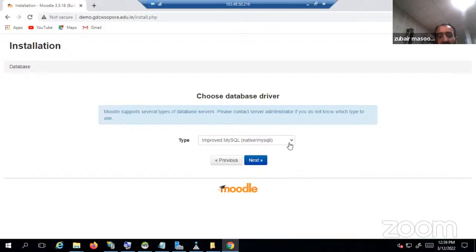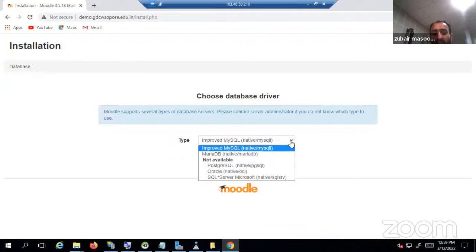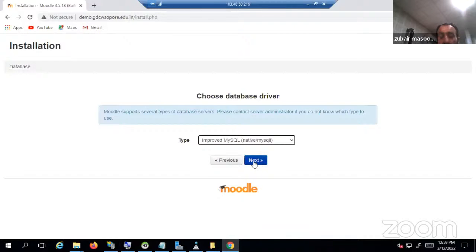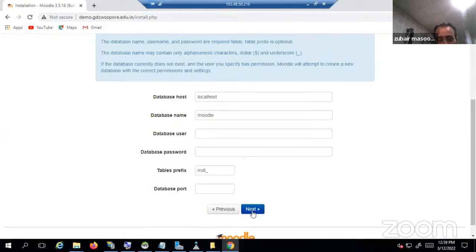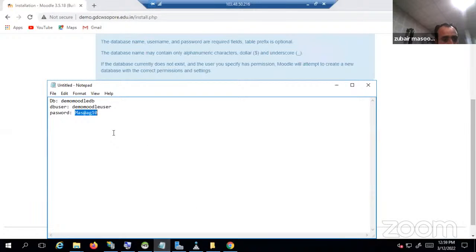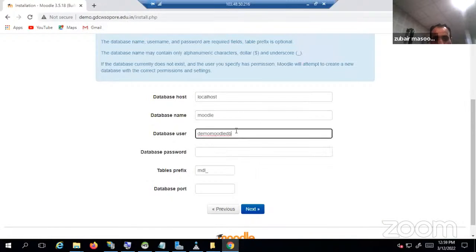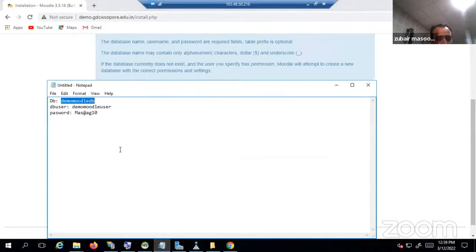So now we are trying to find a database driver which we are going to use. As I said, we can use multiple databases: PostgreSQL, Oracle, SQL Server, or MariaDB. But for this demo, since we are using MySQL, we are choosing MySQL. Now it is going to ask me for the database name, the database user, the password and the database port. The database user that I have already saved is this. My database that I have created for this demo